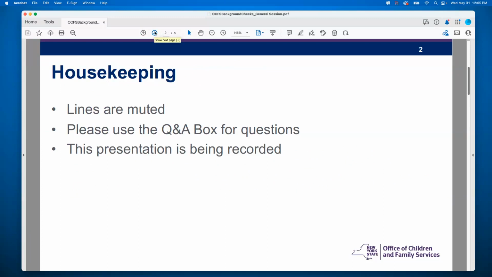If you do not see the Q&A box, you'll go to the bottom right of your WebEx panel. You'll see a question mark. Click that and that will open the Q&A box, or you might see three little dots. Click those and that will allow you to see that box and open it. Note for the Q&A, you will only be able to see your question until questions are answered. So you'll put a question in there. As it becomes answered, you'll be able to see other people's questions and responses. So we do encourage you to ask questions and we will answer those throughout today's session.